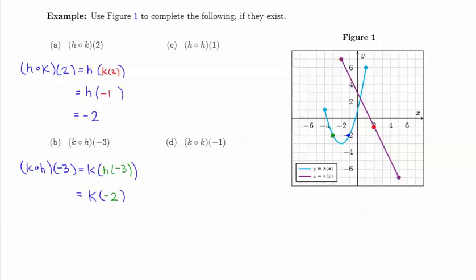And our last step, we'll evaluate that function k at -2. Coming over to function k, it's in purple. I see where x is -2. And at the point (-2, 7), there's a filled in circle for that function k. So the value of k at -2 is 7, meaning that k composed with h evaluated at -3 will give us 7. And these next two will compose h with itself, and then we'll compose k with itself.